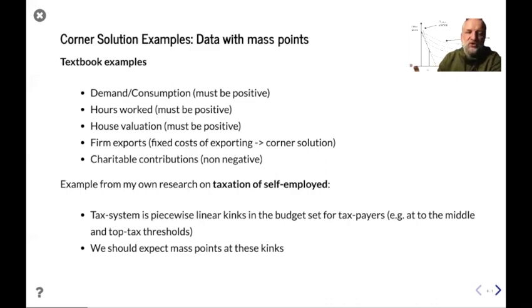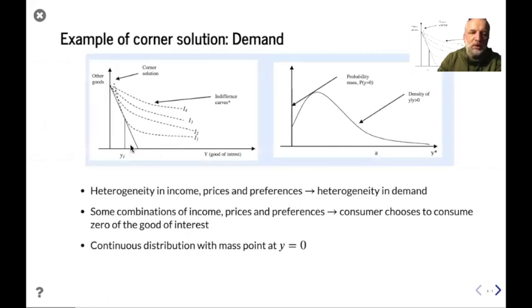So an example from my own research is taxation of the self-employed. Here, the tax system is piecewise linear, and there's going to be a kink in the budget set for taxpayers, for example at the middle and the top tax thresholds. We don't have the middle tax anymore, but at least the top tax threshold. If you look at this figure, suddenly there's going to be a kink. If you start to work more and supply more hours, your after-tax wage is going to fall,